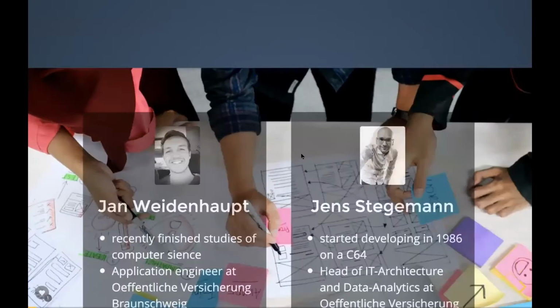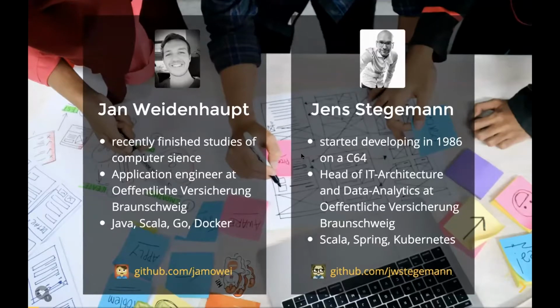So this is Jan Weidenhaupt and me. Jan just finished his studies of computer science some time ago and is working as an application engineer at Öffentliche Insurance Company in Brunswick in Germany. Next to his Kotlin work, he's doing a lot of work in Java and Scala. He's interested in Go and Docker. And as you may guess, I'm a few decades older than Jan, and I'm the head of IT architecture at the same company. Next to my Kotlin work, I like Scala and do a lot of work in Spring